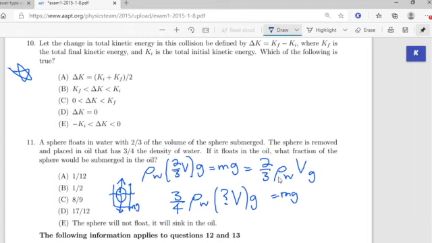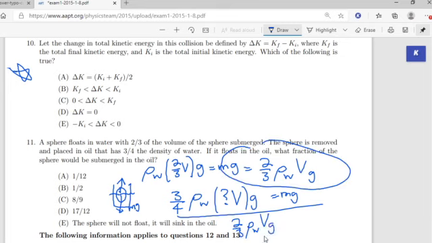And so to find this, we can just divide this by this, and so we get 2/3 rho sub w times Vg, and so the question mark would be 3/4 over 2/3, which is 3/4 times 3/2,